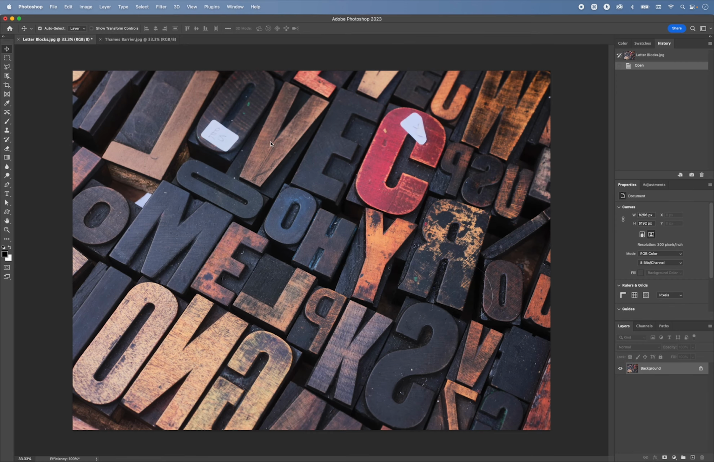In this video, we are going to look at the pen tool, which is probably the best way of making very precise selections very fast. So the shortcut for the pen tool is P. And then if we zoom in